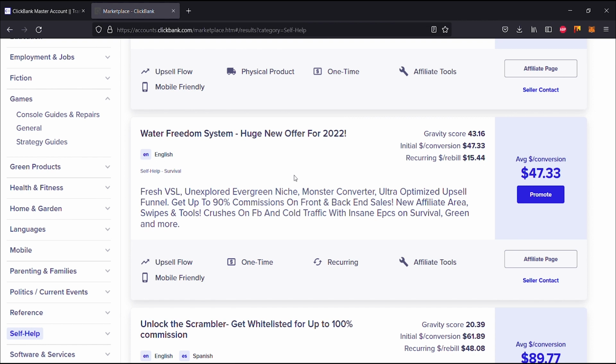Okay, so that's a thing, and looking at what they offer here, or rather the stats of this thing, it seems that the gravity score for this is 43.16. So that's decent. Then the initial dollar per conversion is $46.33, and reoccurring dollar per rebill is $15.44, and that gives us an average dollar per conversion of $47.33. As on the side, we have upsell